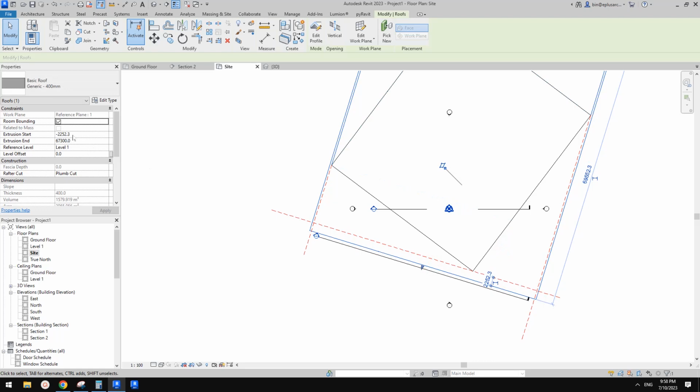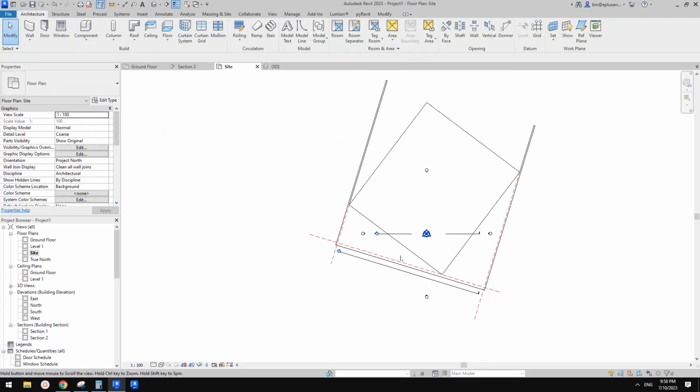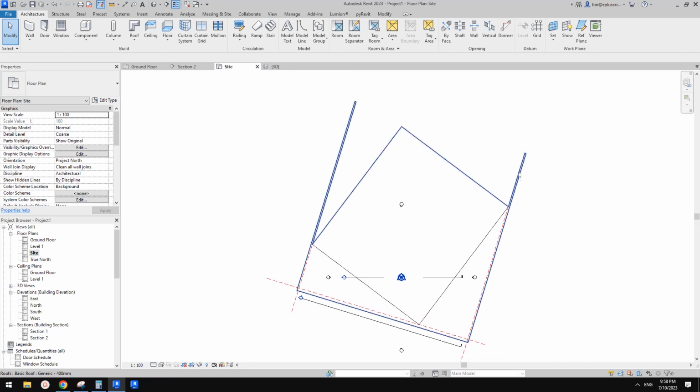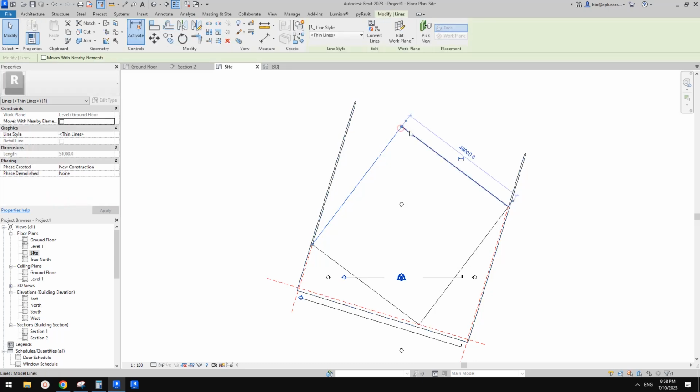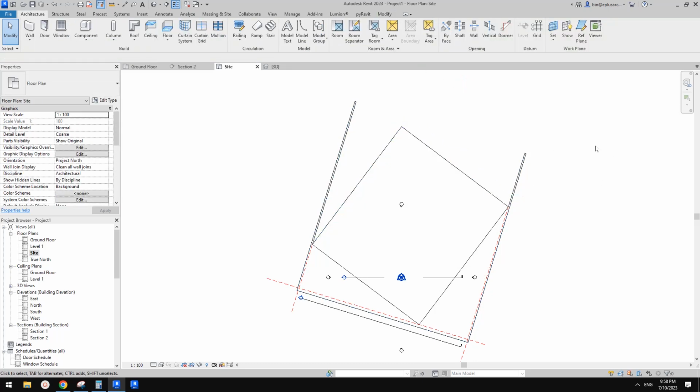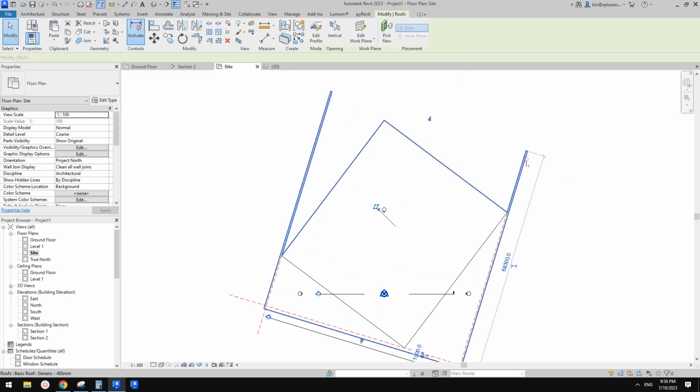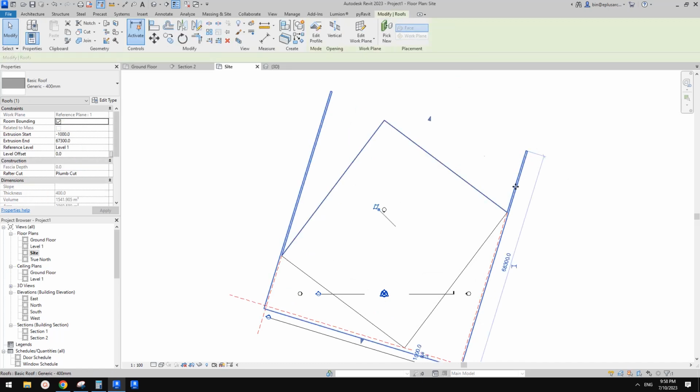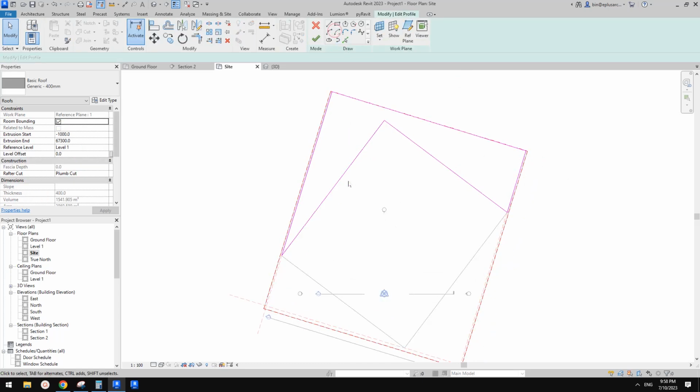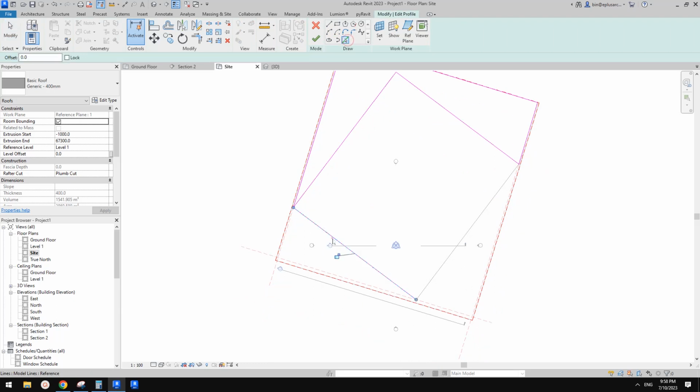So instead of 0, just give it a negative number. So now let's try to. So you can see it's still there. So this is a vertical opening. So let's try to select the vertical opening. So looks like we can't select. We just need to select this roof and then click on this vertical. So this time we just need to